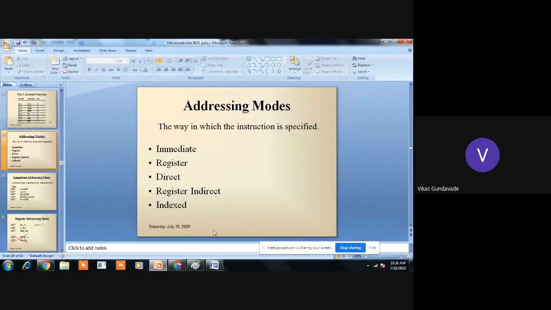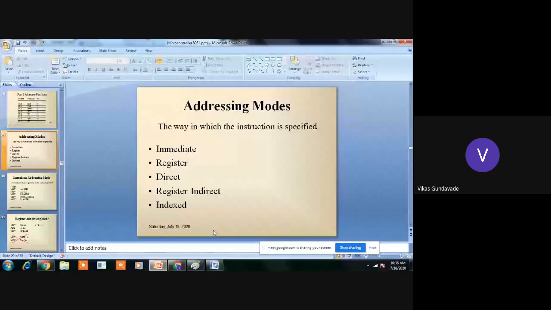So here the presenter is not in front of the students, right? Similarly, the students are not in front of the presenter. We have one medium through which we are communicating with each other. So this is called indirect addressing.